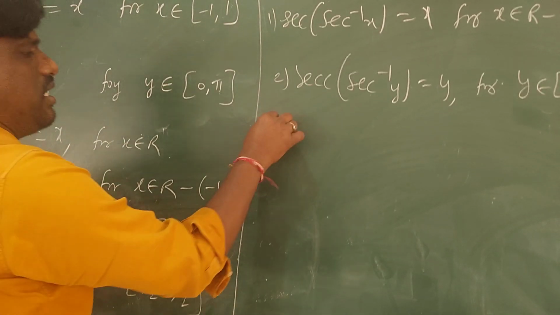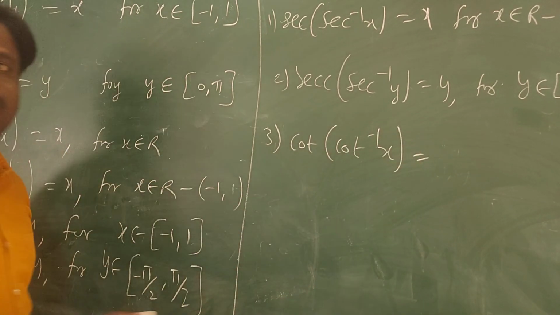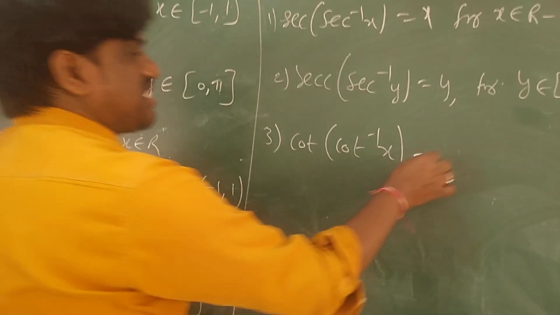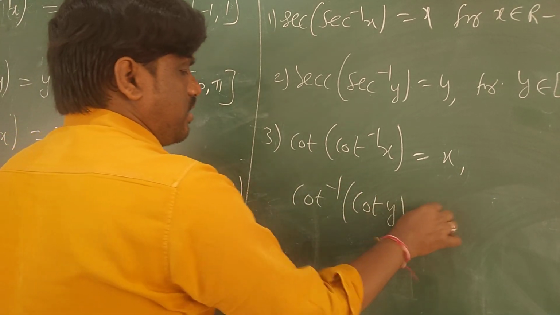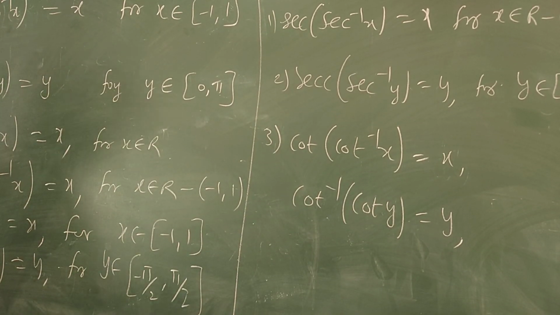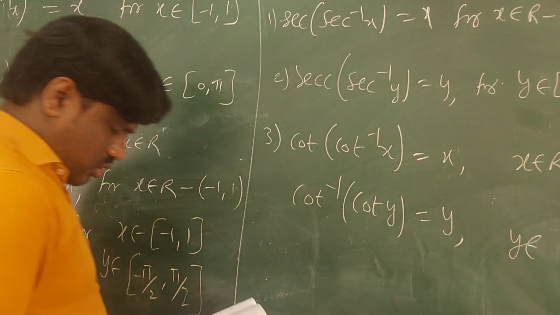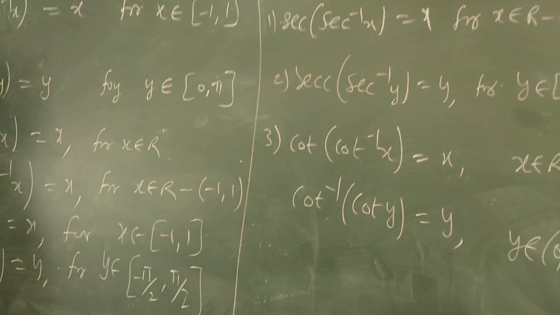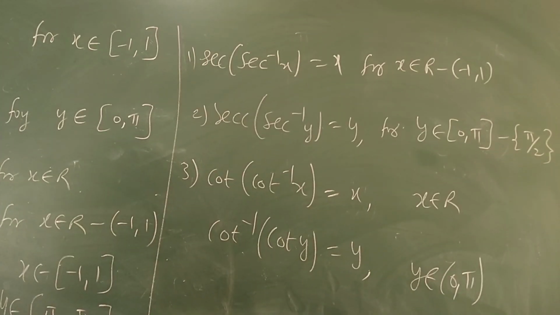You are getting the same thing, only the quantity changes. So cot of cot inverse x. What do you get, cot of cot inverse x? You will get x only, no? Cot of cot inverse x is x. Cot inverse of cot y is equal to what you get? y. You are getting the same thing. And then I am writing the domain value and range value formulas which I have told already. So this is for x belongs to real, and this is for y belongs to 0 comma pi. So these are the formulas. Okay, all these are the formulas. You need to remember them. Okay, already you know these formulas.